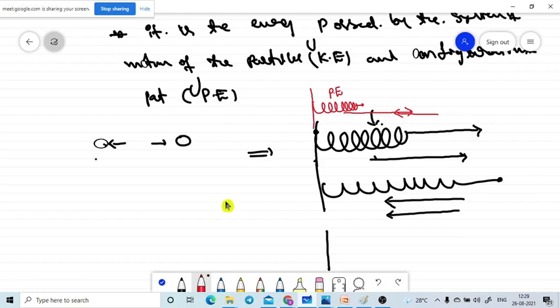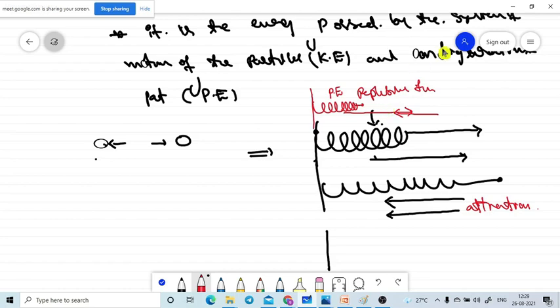Yes, sir. The girl who raised the question, please concentrate once again. Here the attraction force is working. The attraction force pulls the molecules back. But here the repulsive force is acting. It pushes the molecules to move away.